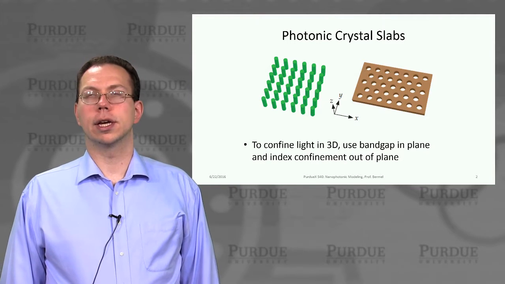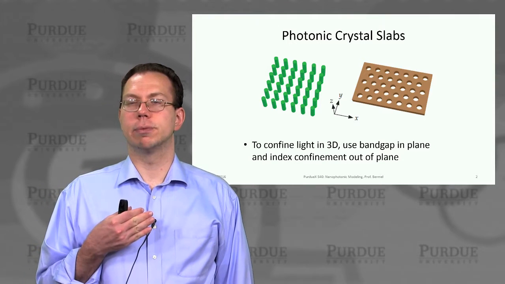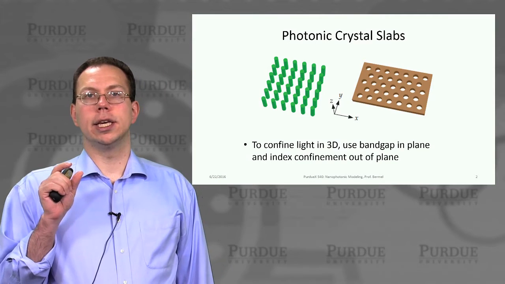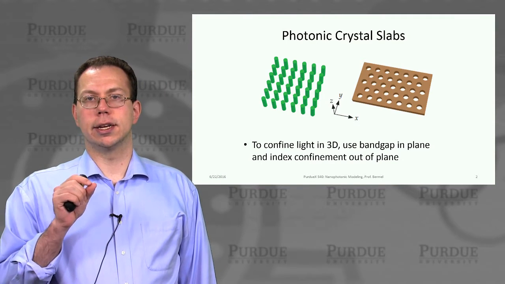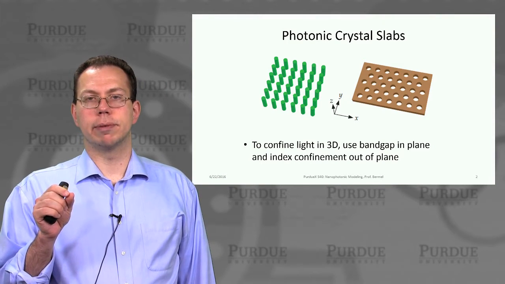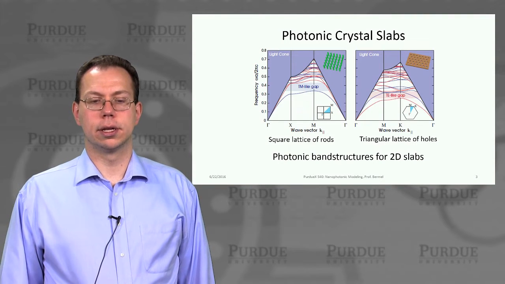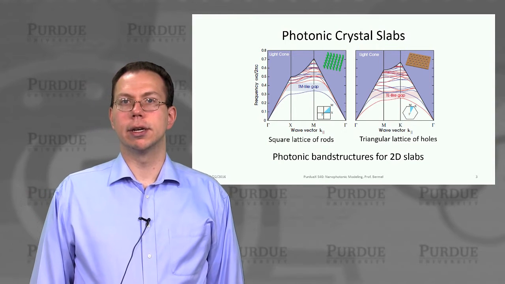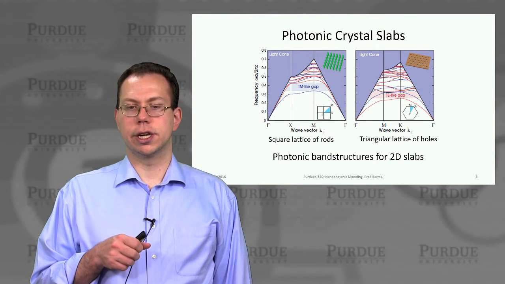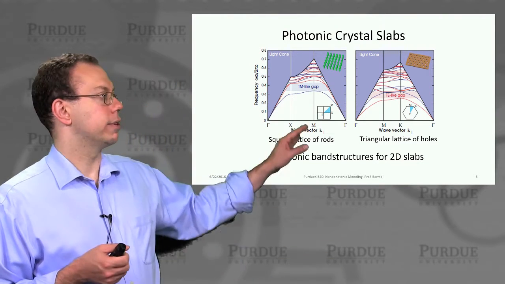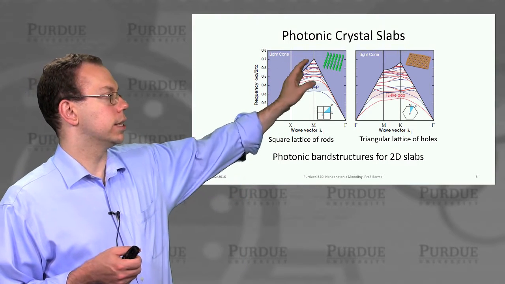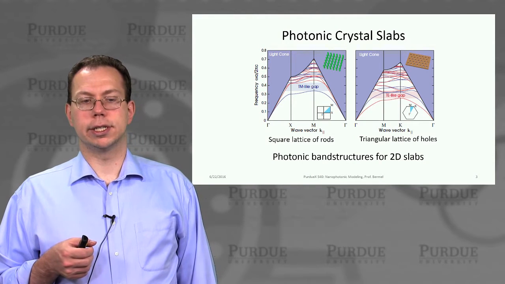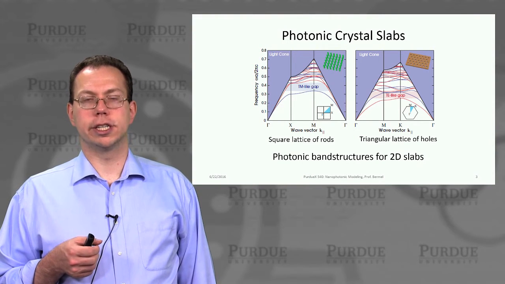Okay, and so again, the key concept is very similar to before, that we'll use a combination of index guiding in the non-periodic directions and then photonic crystal confinement in the periodic directions. And so here's an example of the kind of band structure we get. If you go back to the last lecture, you can understand how we end up having a light cone in the blue region that looks like this. The only difference from before, of course, is that we're exploring a different Brillouin zone, right?